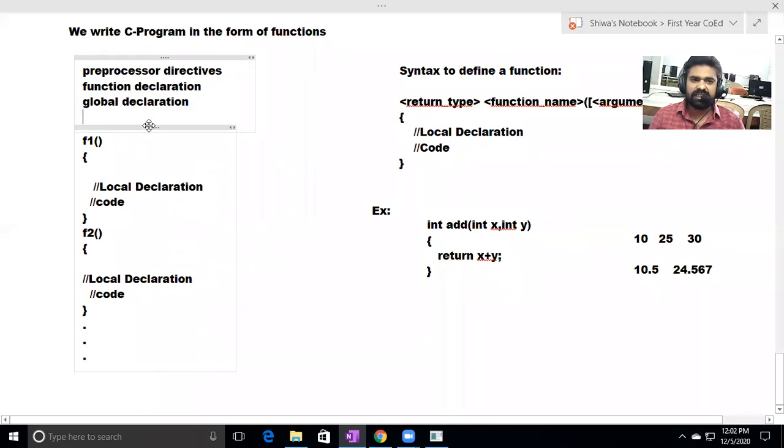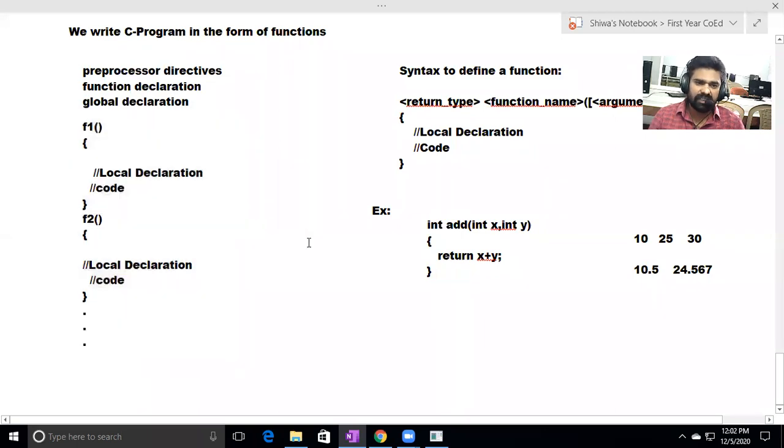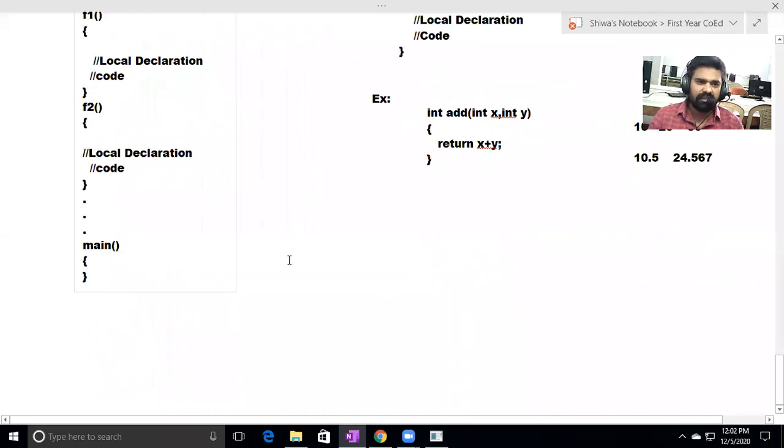So this is the structure of a C program. And finally, we call these functions from the main function. Starting point of main, ending point of main. For the main, return type is int. In modern C language, for the main, return type is int.